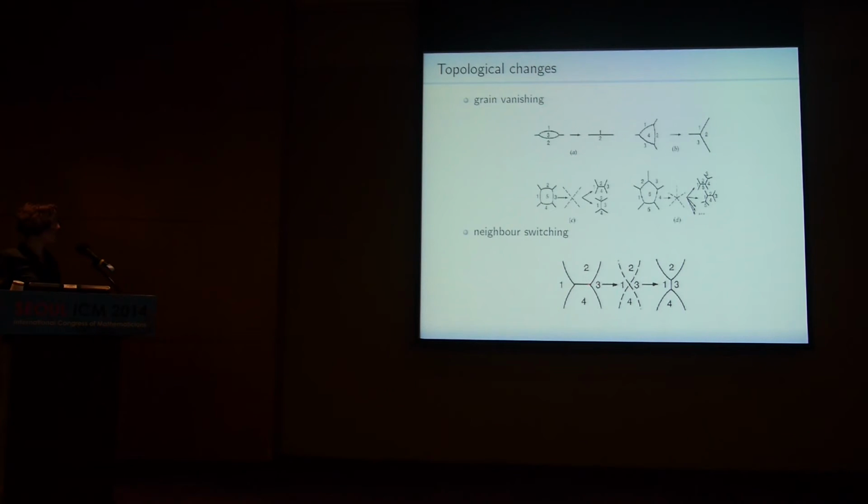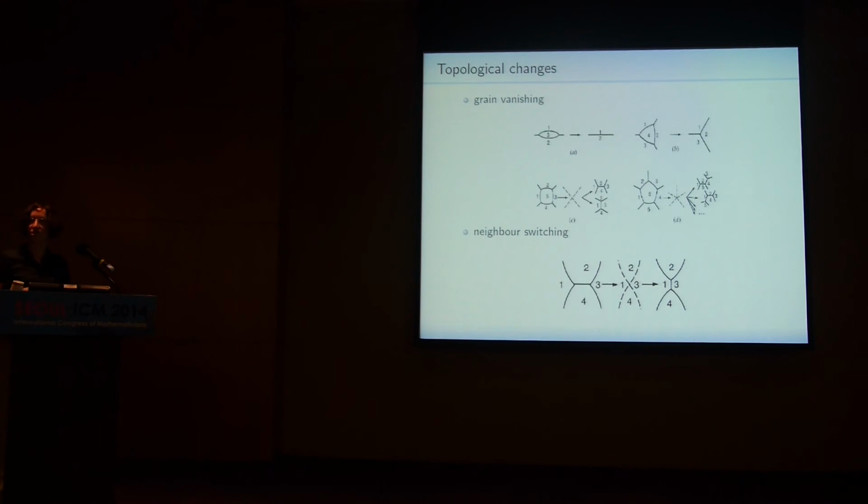But then there's another event. This is if only an edge vanishes, not a whole grain. So the edge shrinks to a point, then you have for one instant a fourfold vertex, but that's unstable, it splits up immediately. And so at this instant, two grains lose an edge, two other grains gain an edge. So this is a symmetric event in some sense. This other one is somehow unsymmetric in the sense that you really lose edges.